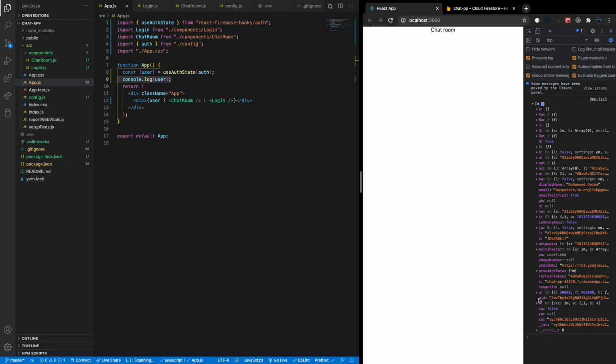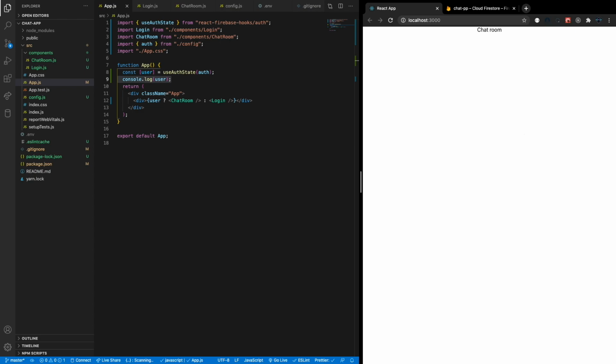For example, we are going to use this UID. This is the one we are going to use later, and also we are going to use the photo image. So we are interested in these two pieces of data from this user. So now we have the user data. This is a very good step. So next step, let's use this user data